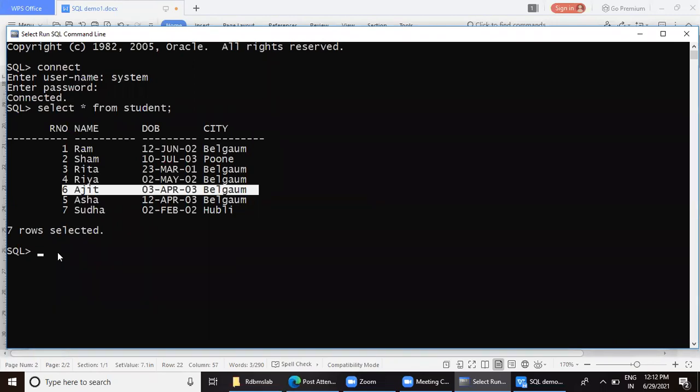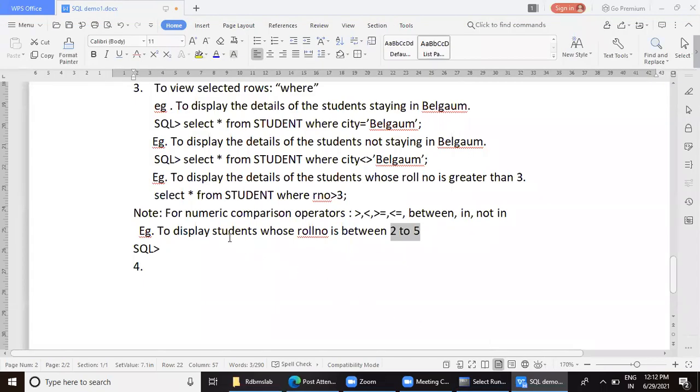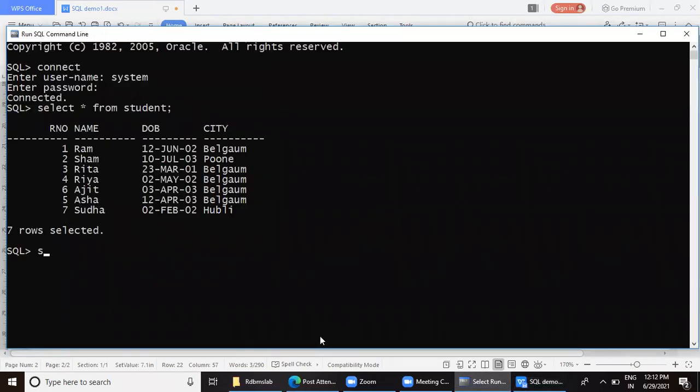Now I will not give syntaxes for every command. Directly you can take down the example, the question as well as the solution. So the question is to display students whose roll number is between 2 to 5. Now let me give you the solution. Select star, that means all the columns, all the fields, from student where the search is based on roll number, so where roll number